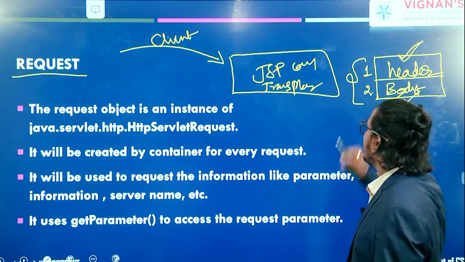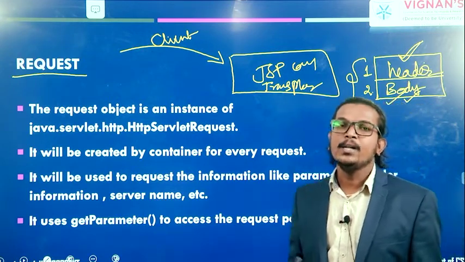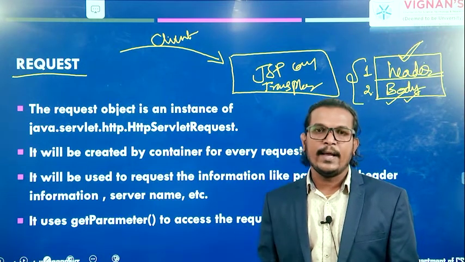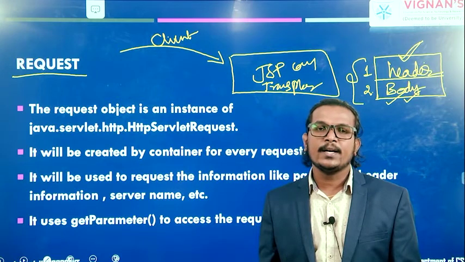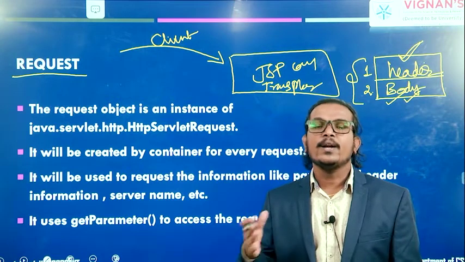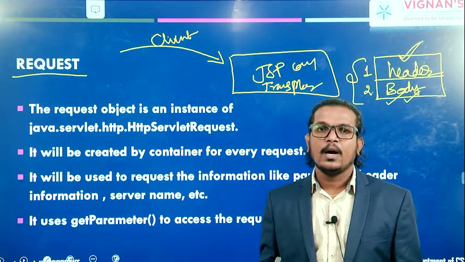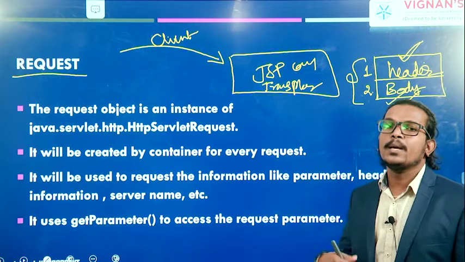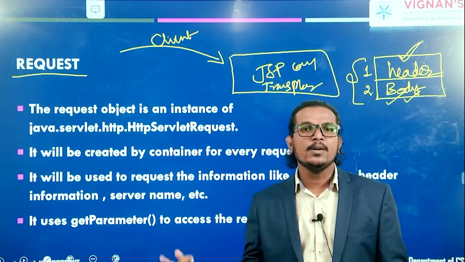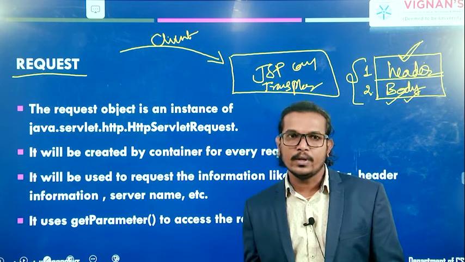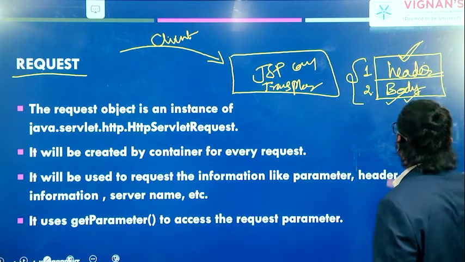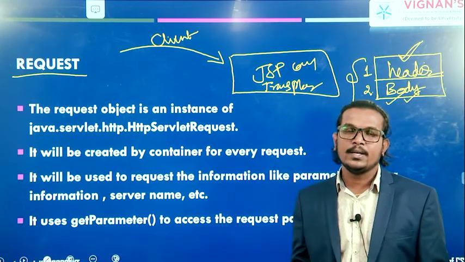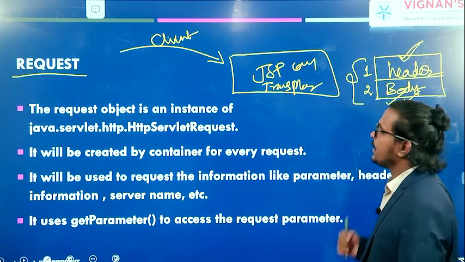Clear? With the help of the header part, we can get the header related information like your encoding techniques, what kind of language you are using, what kind of agent you are using, and the version of your web browser, of the client. All those information is maintained in the header part, and also what type of protocol you are using for communicating with the web browser or the server. And in the body part, the user related information, the requested information, we maintain that information.